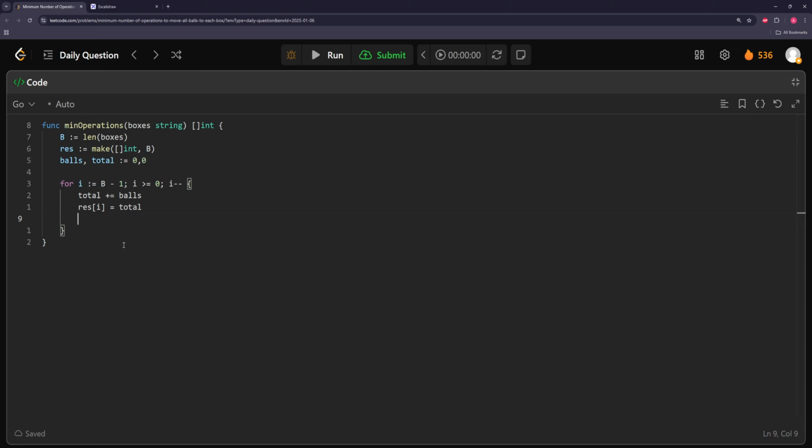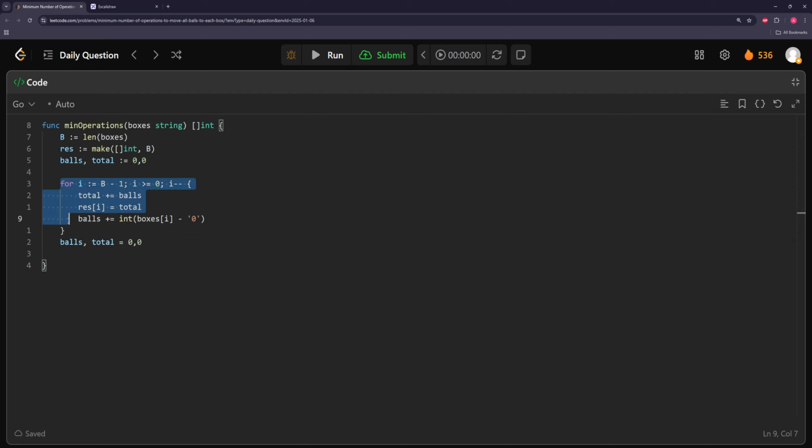So we can basically just say balls plus equals, convert the string to an int, and subtract the character '0'. What this will do is, if this is 1, 1 minus 0 will be 1, and 0 minus 0 will be 0. You need to have an offset because the ASCII value for 1 and 0 isn't like 1 and 0, it's like 50 or whatever. So this will make it 1 or 0. So if there's a 1, we'll add 1. If not, we'll just add nothing. Okay, now we need to reset the balls and the total